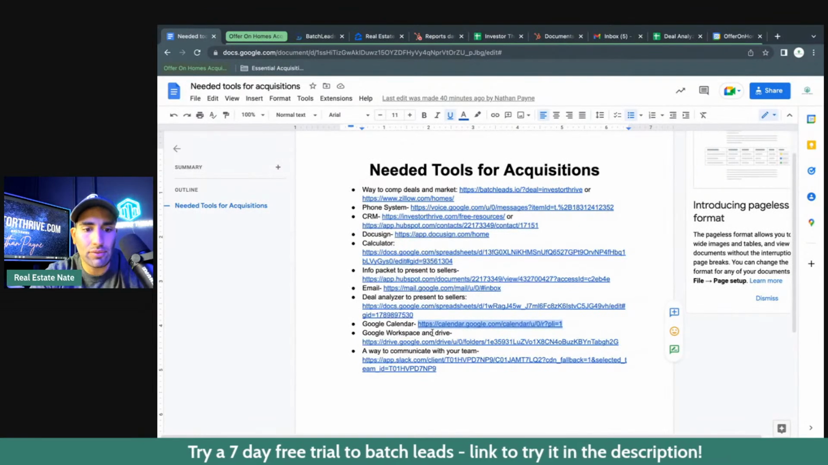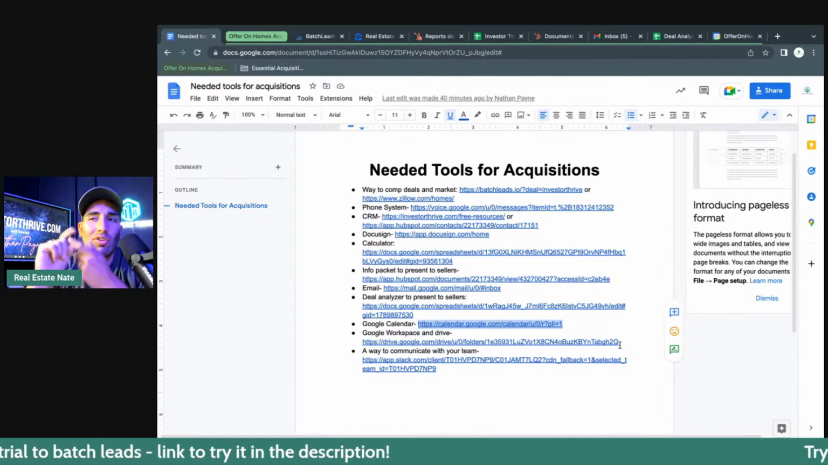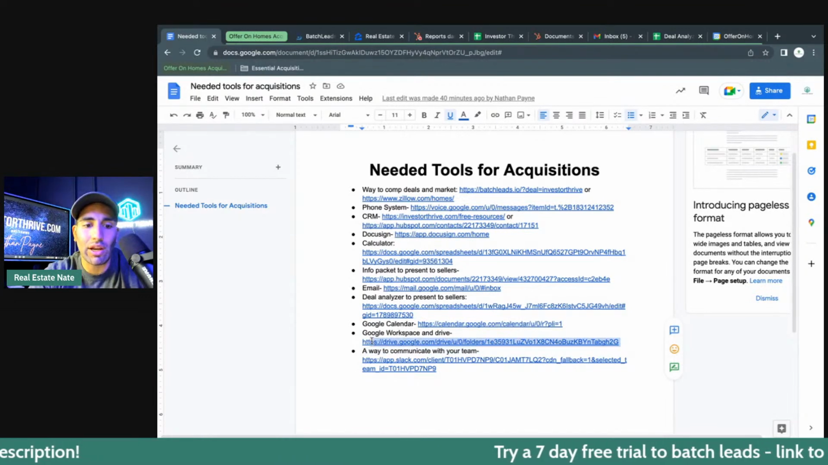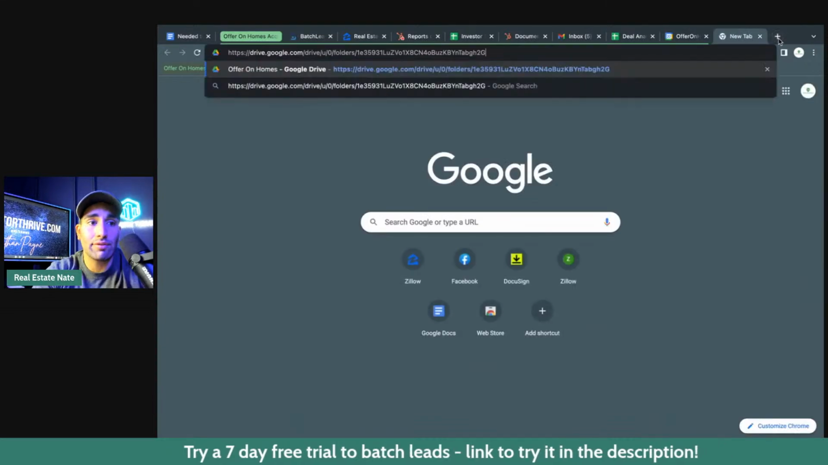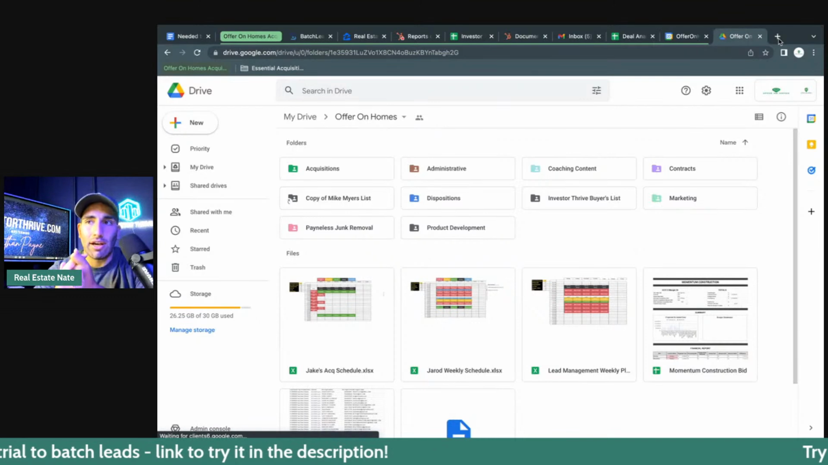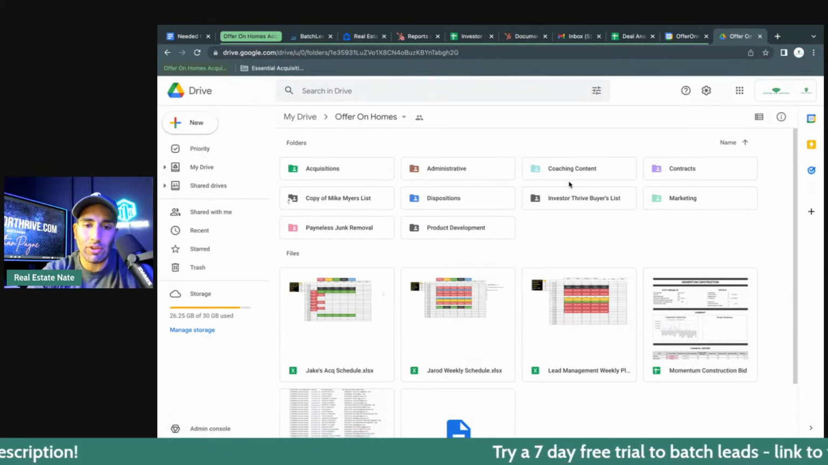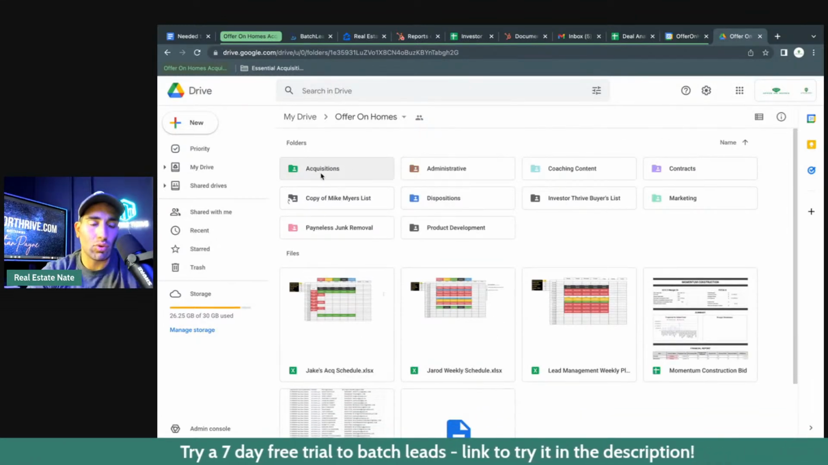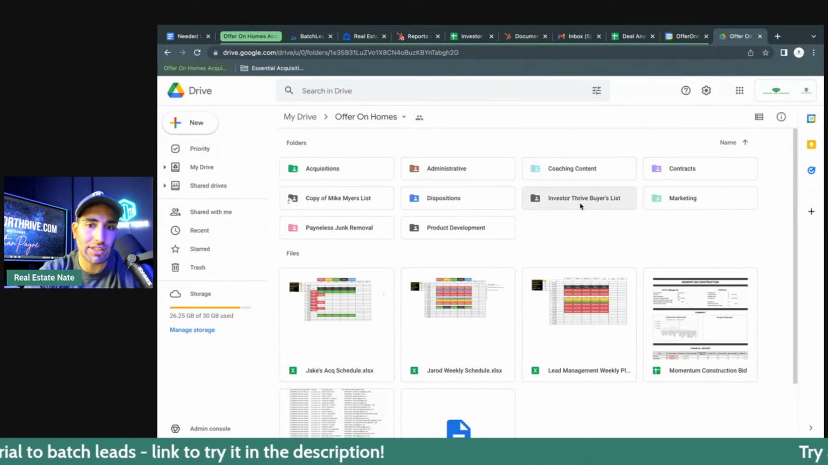Everyone needs a calendar. And with all the documents, the contracts, all the scripts, all the things you're going to do as you build this business and you try to get deals, you're going to need a way somewhere to store them. We store everything in Google Drive. And again, if you use Google Workspace, it's money because it has your email, it has ways to meet with people, like do Zoom calls, meetings, and you can store all your stuff. So I have everything stored in my company under Google Drive. You have your acquisitions, you have administrative, coaching, content, contracts, everything you need